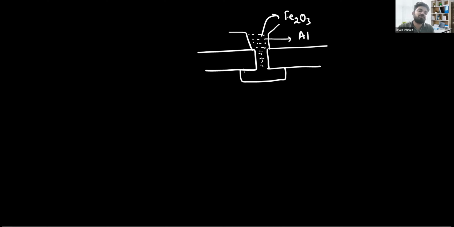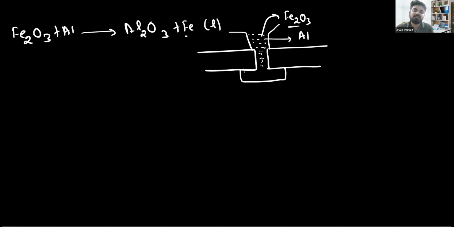Okay, so here is a mixture of aluminium powder and Fe2O3, and we start this reaction by using a burning magnesium ribbon. Like if we have crackers and need to initiate them, first we burn the paper and then it starts, and a large amount of heat is produced. So here also we have the mixture of Fe2O3 and Al, and when we start this reaction, Fe2O3 reacts with aluminium and gives you Al2O3 plus Fe in the liquid state, and this iron in the liquid state